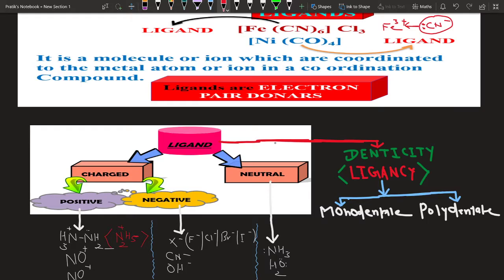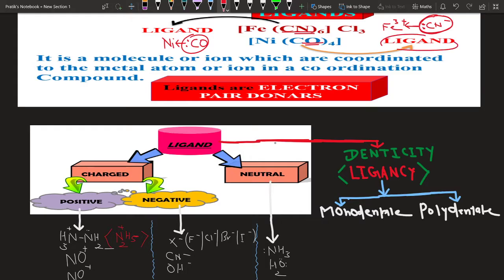Similarly, in the case of this compound, nickel tetracarbonyl, if you see, there is a central metal atom nickel and there is a carbonyl, and this carbonyl consists of what? An electron donor group containing a lone pair. This lone pair is given to what? Nickel. So again there is a formation of what? Coordinate bond. In both molecules, if you see, in the first case CN minus, and in the second case CO, both have the same function. They consist of a lone pair of electrons and they donate the lone pair of electrons to the central metal atom. So these species are referred to as what?